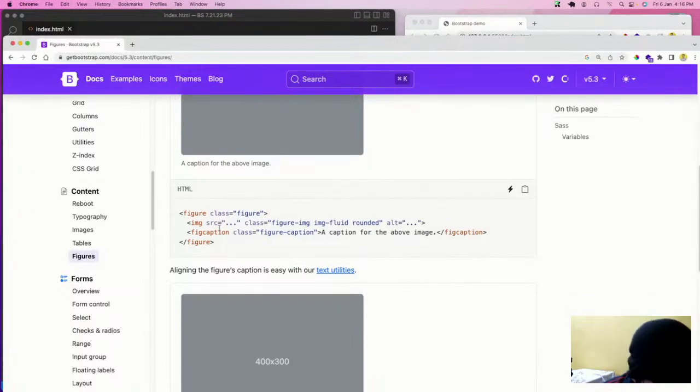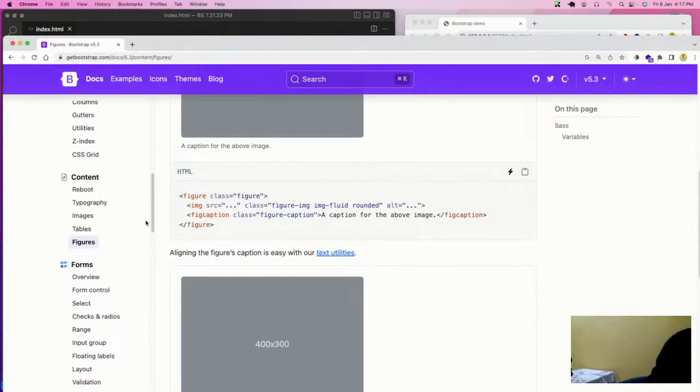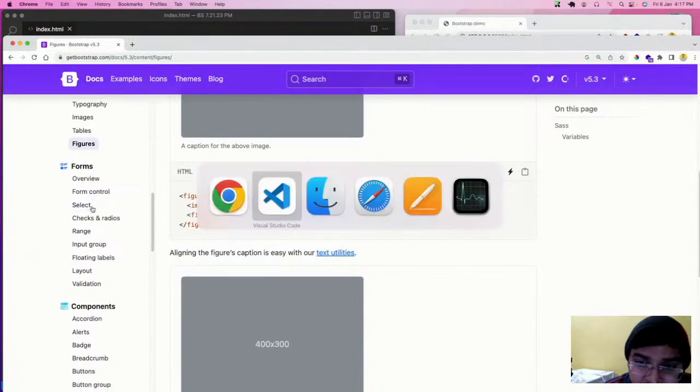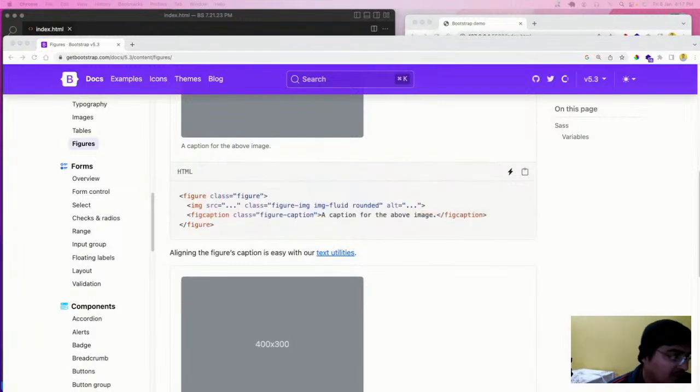Later on, next, what is the thing? We have seen forms also. So let us see the next thing here after the tables and images. That thing is very simple. It is called as the